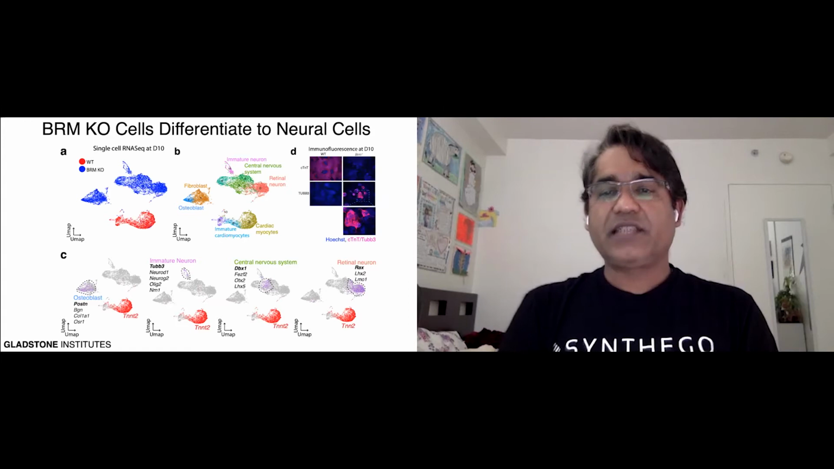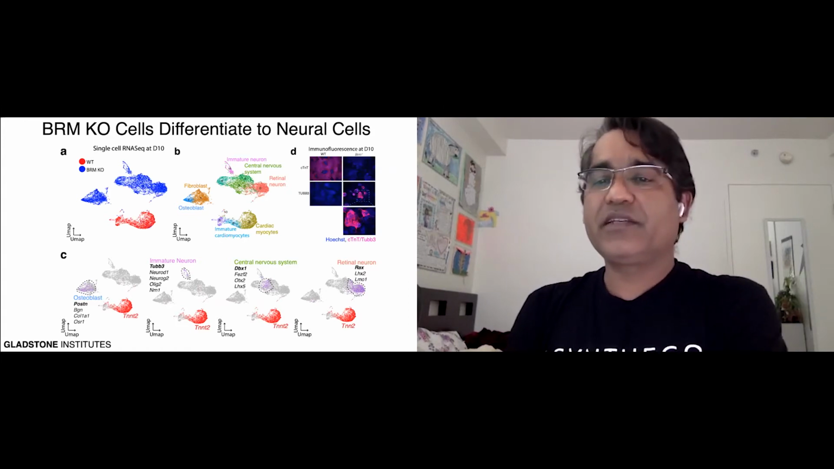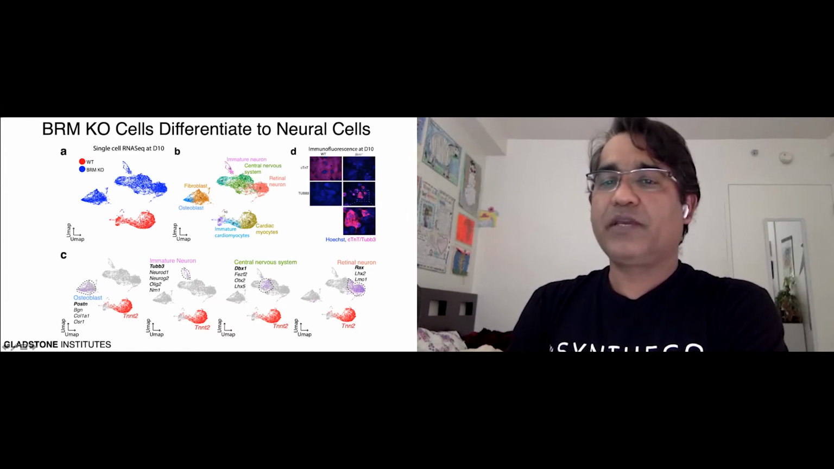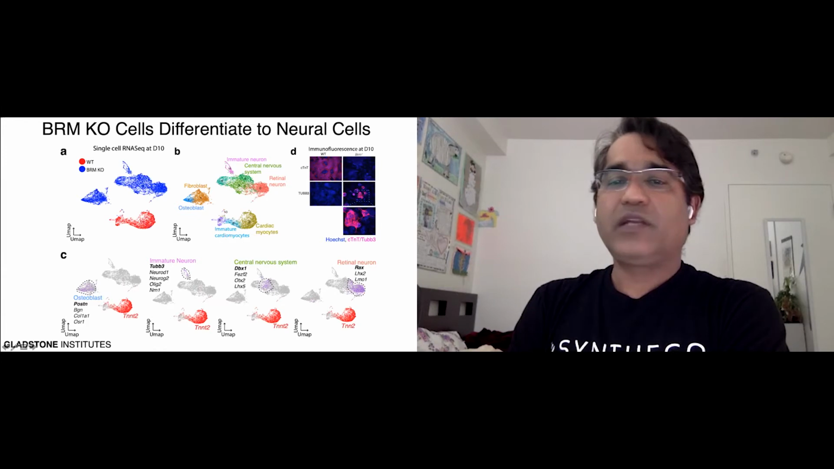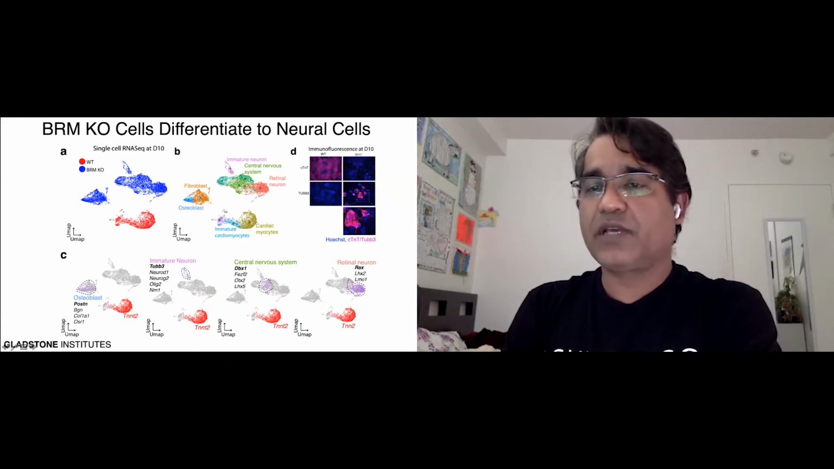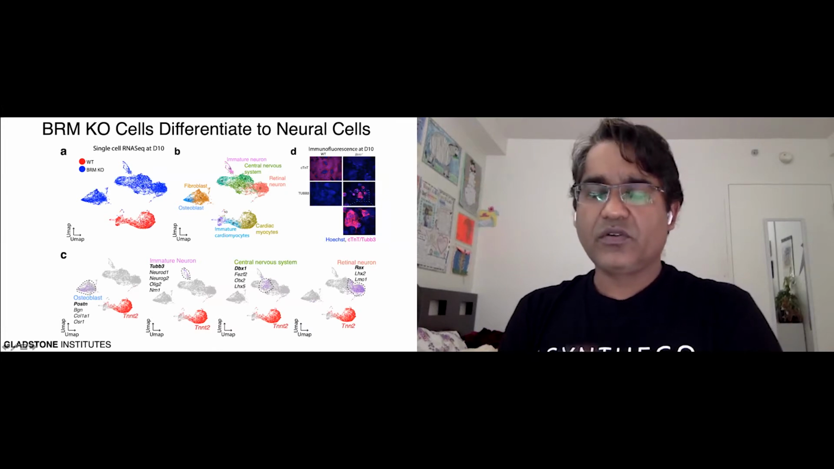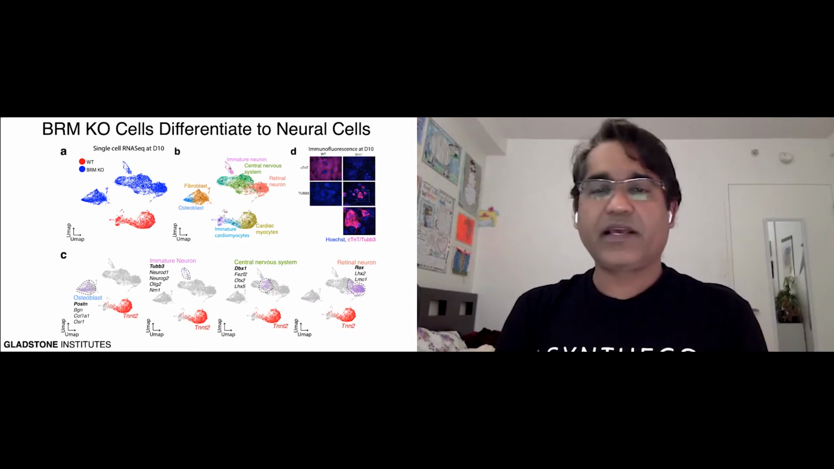We did staining of beta tubulin 3, which is a pan neuronal marker, and we found that wild type cells make cardiac myocytes, but do not form beta tubulin 3 or other neuronal markers. In the absence of BRM they do, and here you can see these neural outgrowths. So at this point, we are clear that there is a lineage bifurcation happening